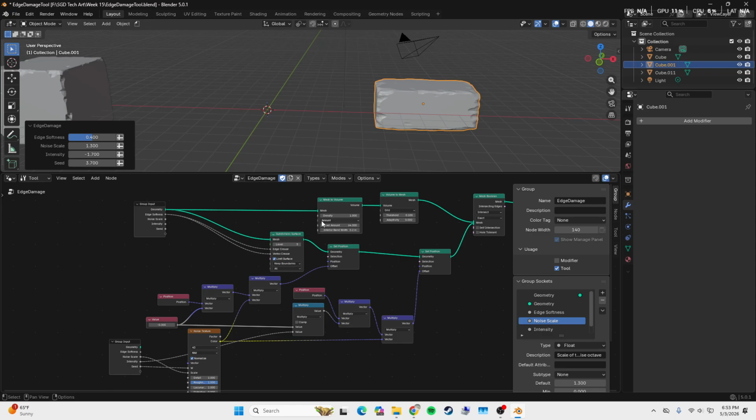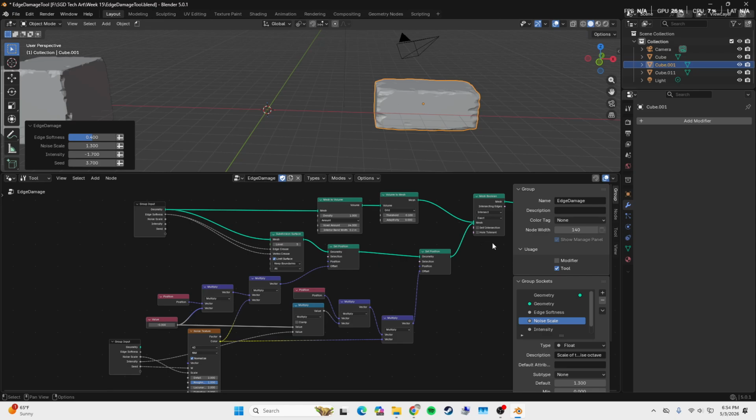One of the branches feeds into a subdivision surface node and adds density to your mesh, so that the displacement has enough geometry to work with, and then a noise texture node